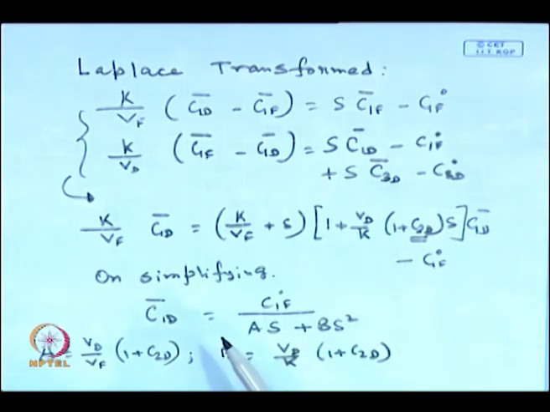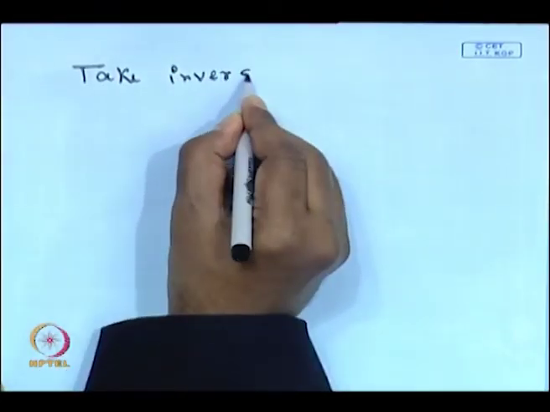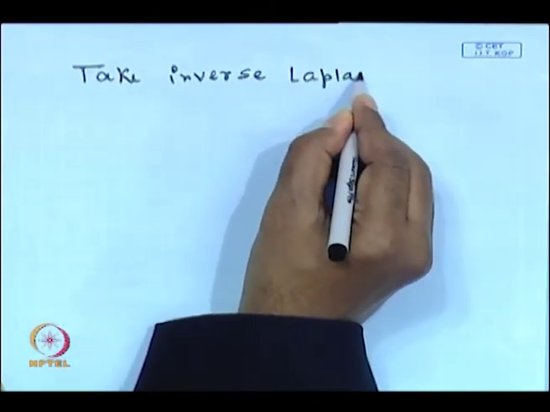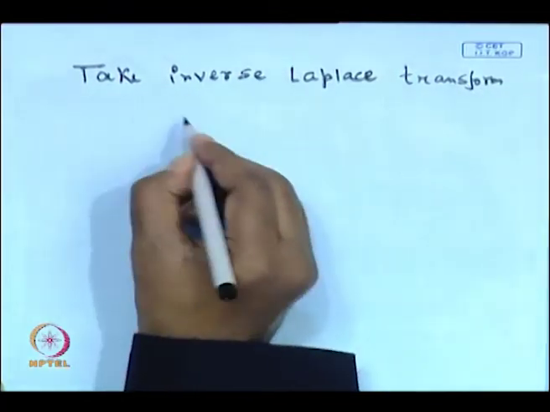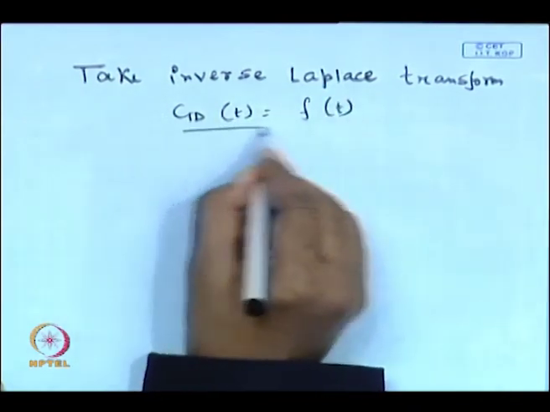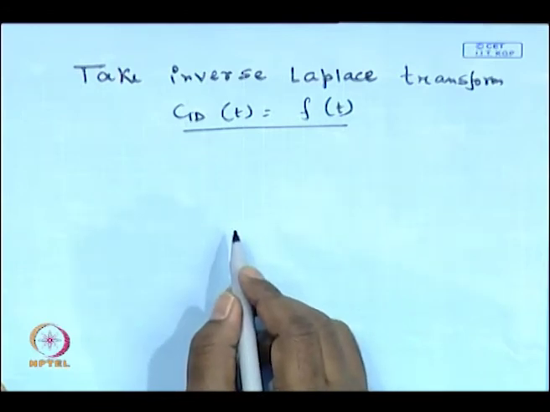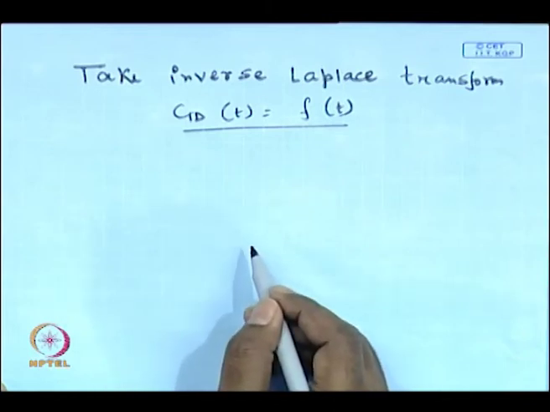Then one can take the inverse Laplace transform and get the expression of how the concentration of sulfuric acid is varying as a function of time in the dialysate chamber. So, one can take the inverse Laplace transform and get C1d as a function of time. I am not doing that, you please carry out this exercise by yourself and find the concentration profile of the solute in the dialysate side.